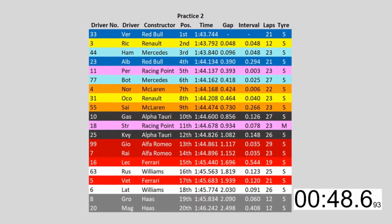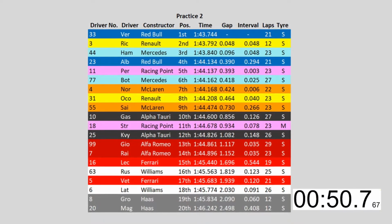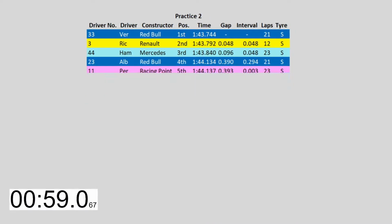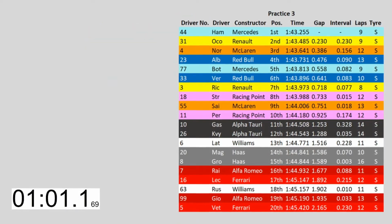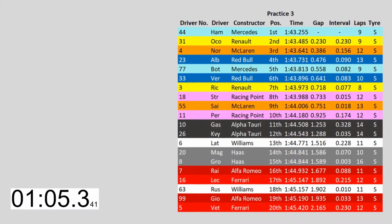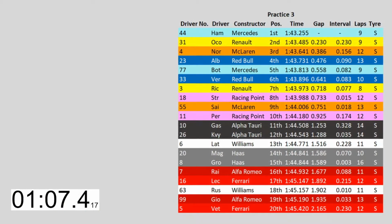The Alfa Romeos are again faster than the Ferraris, who find themselves in another alternating quartet with the Williams, as Haas are once again last. And practice 3 is much the same. Lewis Hamilton leading the way from another Renault, this time Esteban Ocon in P2 from Lando Norris, with Bottas between